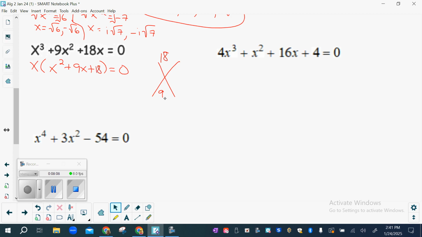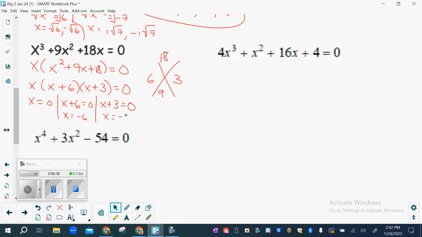6 and 3. So x plus 6, x plus 3, and now we, that's right, the zero product property. x equals 0, x plus 6 is 0, x plus 3 is 0. So what's x here? Negative 6 and negative 3. So my answers are 0, negative 6,